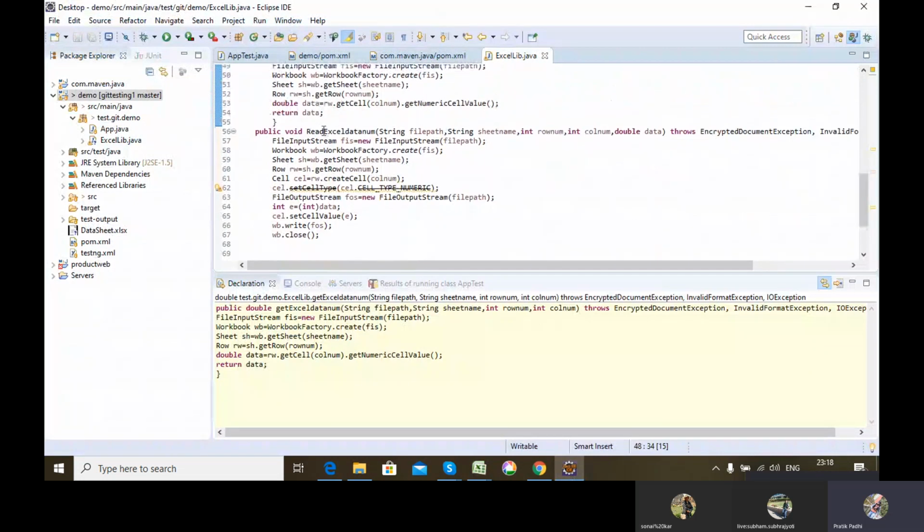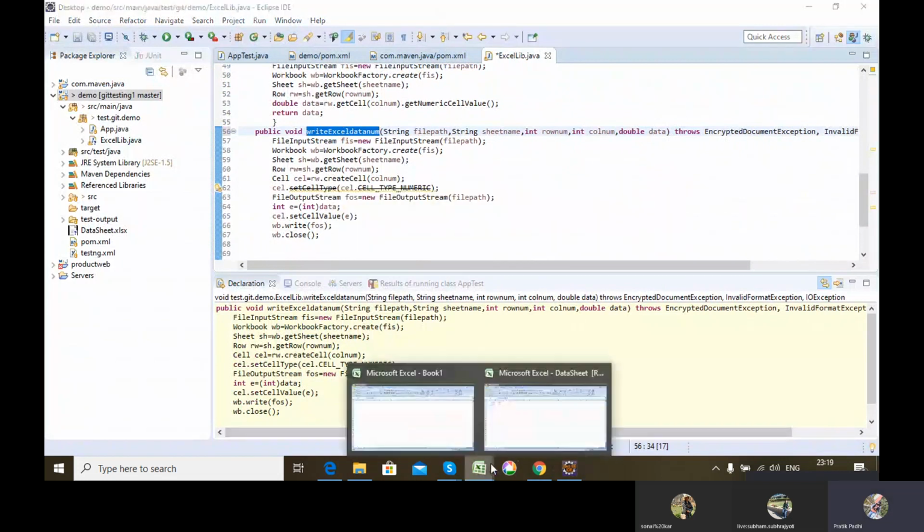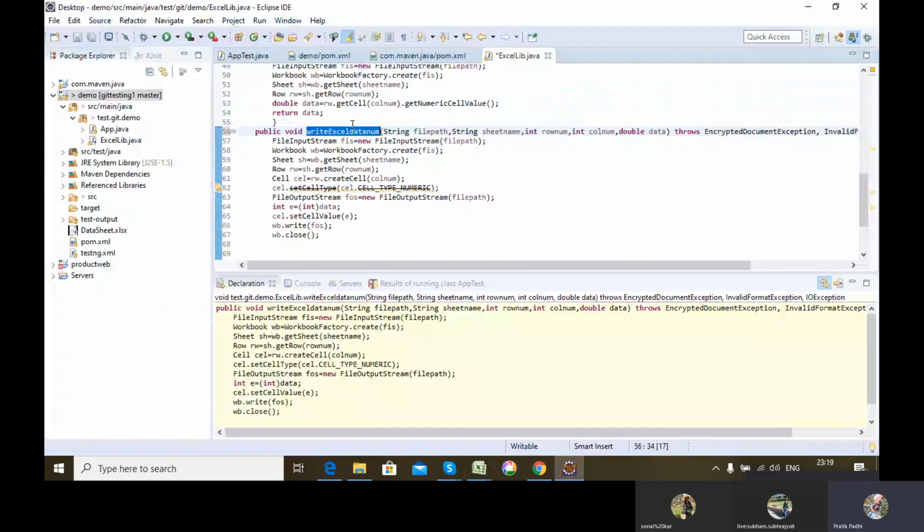Similarly, I'll be using this command to write a numeric value into a particular cell. Like say for example, in this cell I want to write a numeric value, then I'll be using this command. It is the same as the above write Excel data where I was writing a string value.